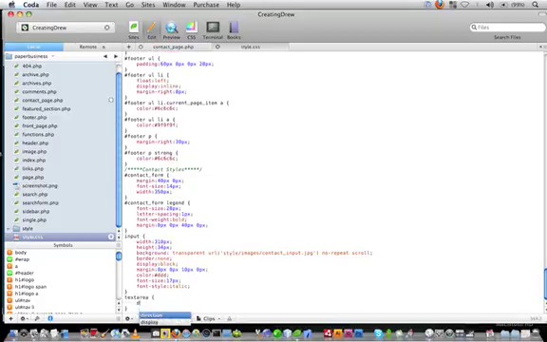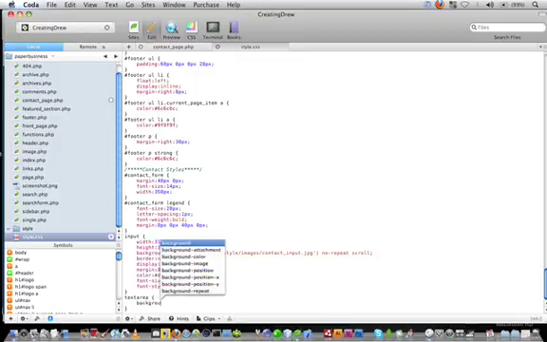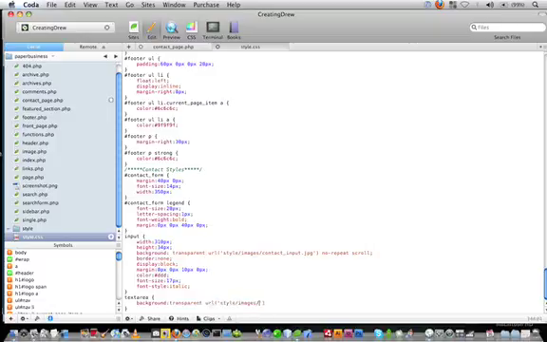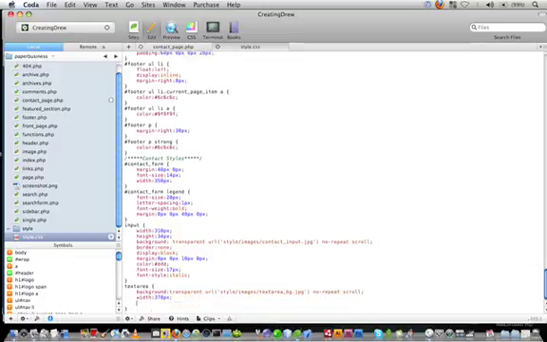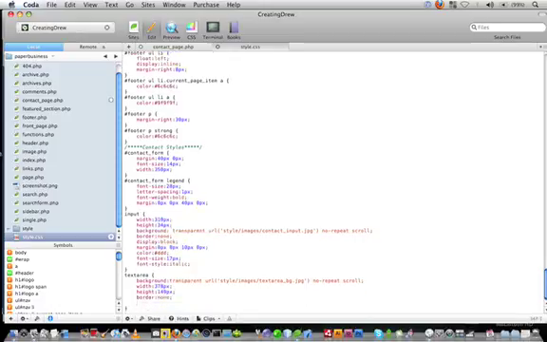Our text area will be a background, transparent. URL is going to be style, images, text area bg.jpg. No repeat. Scroll. Moving on. It's going to have a width of 378 pixels, a height of 149, no border, color of DDD,